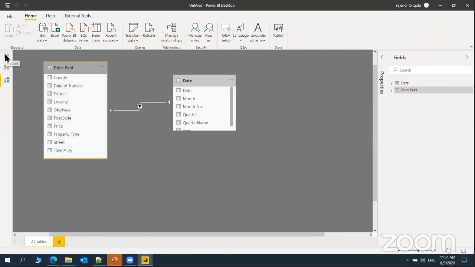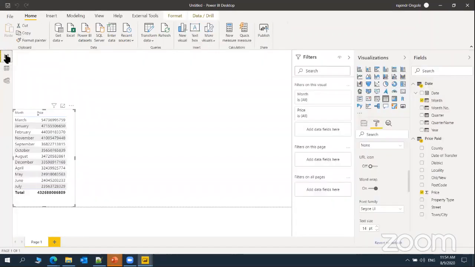So I'm just going to my data view now. That is the report view. Sorry. See here, we can see the data properly, which has different values for each and every month, and finally we are getting the total sales, right? And because this data belongs to the UK, we have to give the price value in pounds, right?